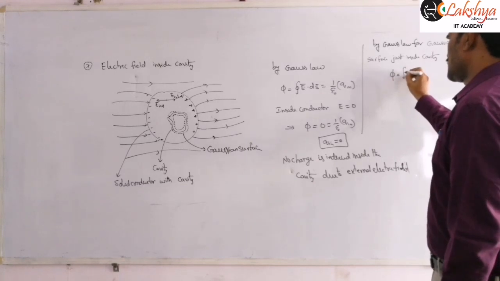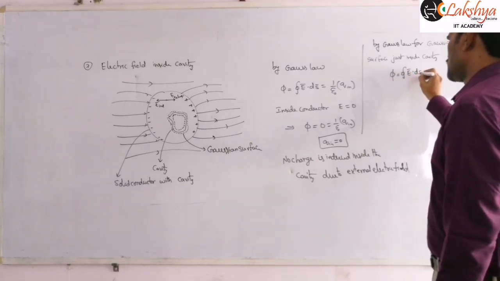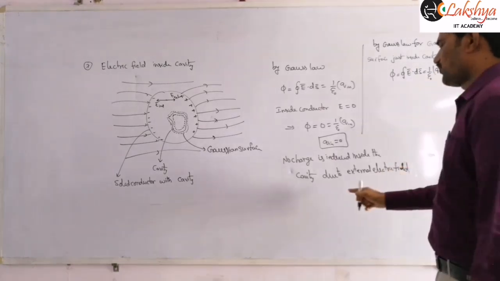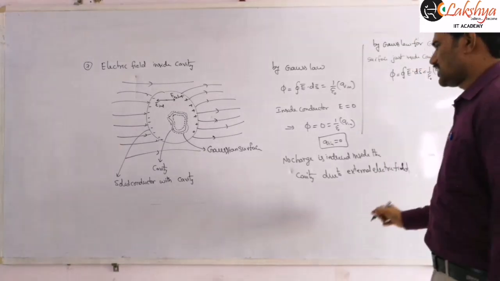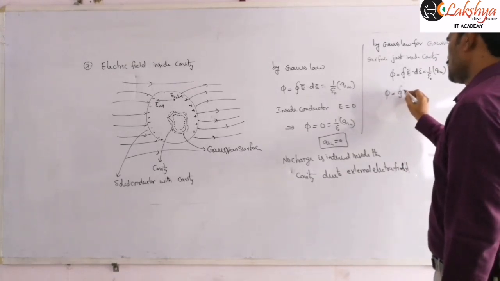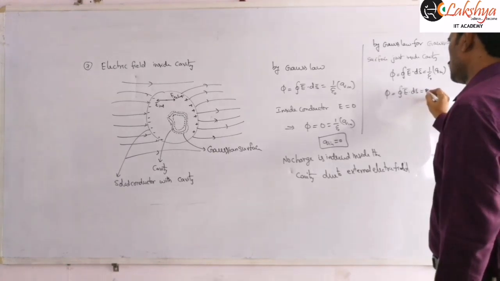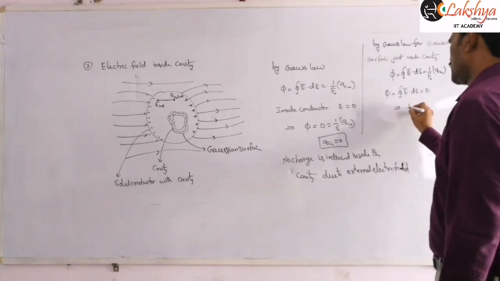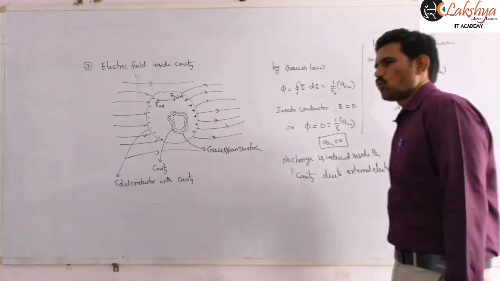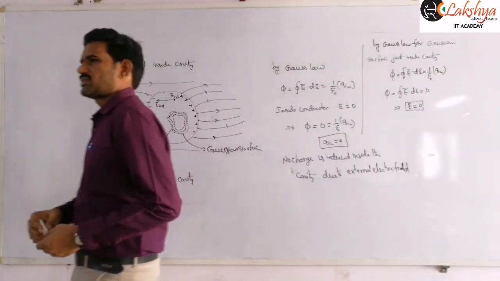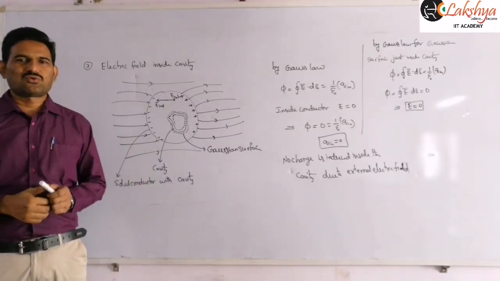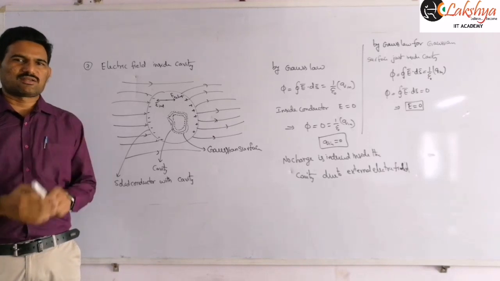Now this I can write as the integral of E bar dot ds bar is equal to 1 by epsilon naught times the charge enclosed. From this conclusion, we get that the charge enclosed is equal to 0. So the integral of E bar dot ds bar will be 0, and from this we can conclude that the electric field inside this cavity will be 0. And so no electric field will be present inside that cavity. Such a phenomenon is what we call electrostatic shielding.